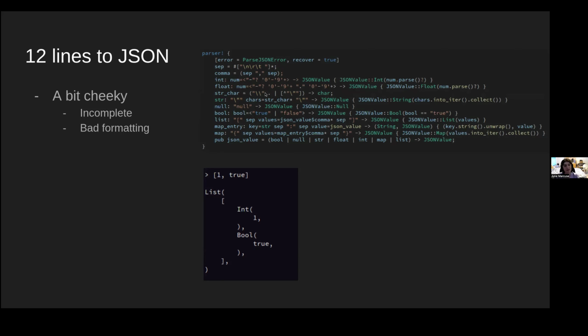But it's also not technically a fully complete JSON parser. There are certain things that it won't handle. The main example being Unicode escapes. So if you do like \u and then a Unicode code point, you're just going to get a literal u and then those numbers in your string, because it just treats it as any escape sequence followed by that character just evaluates to whatever the actual character is. But you can see we just have 12 rules here. I have compressed them a lot more than I normally would, again, for the sake of being able to brag.